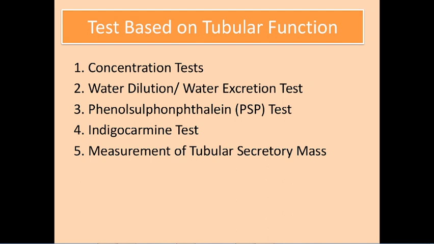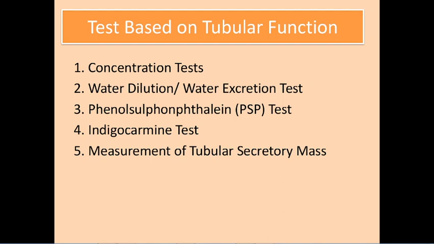The advantage of this PSP test is it is easy to perform and takes less time. There is no discomfort to the patient. The dye retention parallels that of urea and creatinine in most of the cases of kidney diseases. Function of each kidney can be determined by this method. The disadvantage is it is less sensitive for early detection of renal function impairment, and PSP excretion is decreased only when more than 50% of renal function is lost. So these are the disadvantages of using PSP.